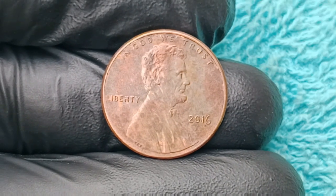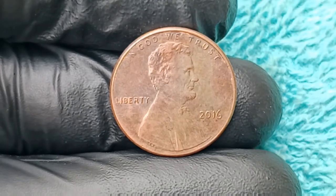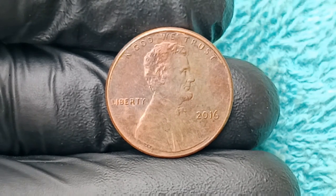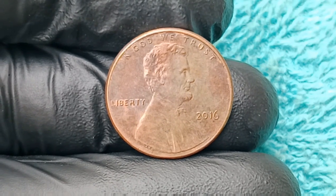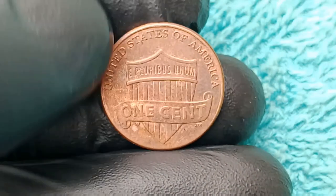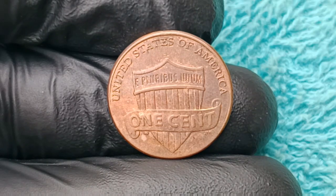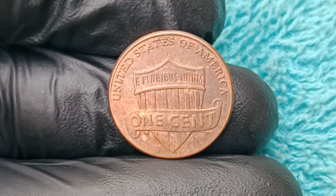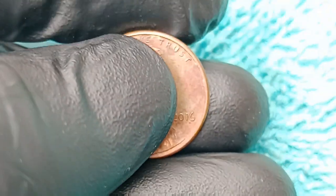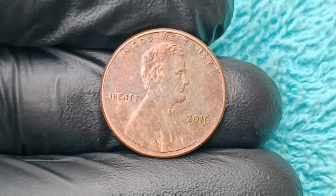Because what appears to be a regular 2016 Lincoln cent minted in the United States actually turned out to be a once-in-history minting disaster, so uniquely flawed, so exceptionally rare, and so impossibly unlikely that it turned into a phenomenon of its own, transforming what should have been an everyday penny into one of the most valuable small-denomination coins ever known. And today we're diving deep into the complex and fascinating story behind this mind-blowing discovery, exploring the errors, mistakes,